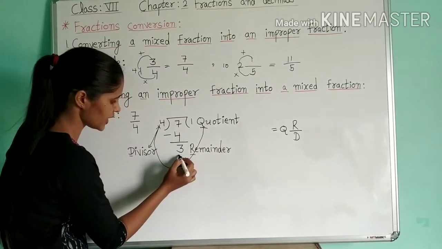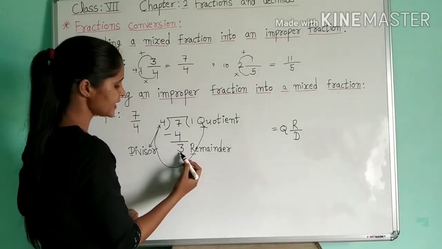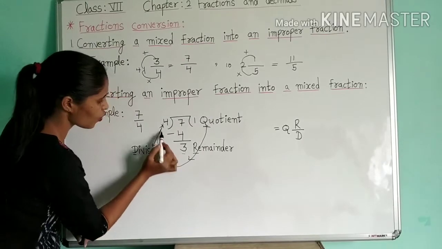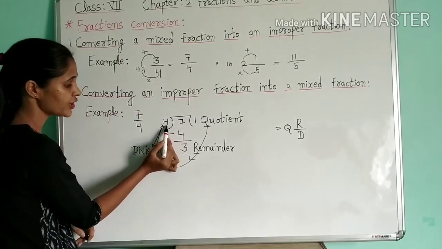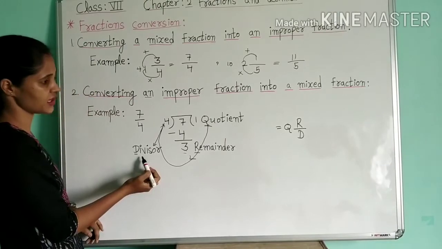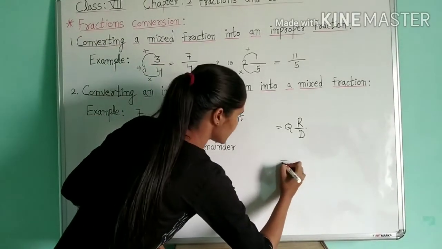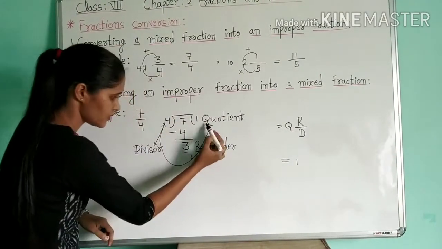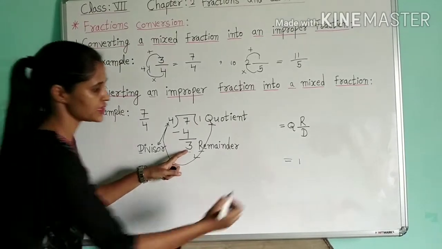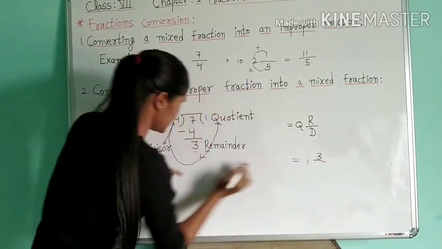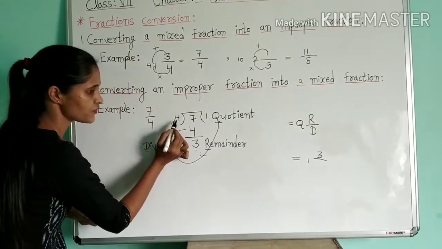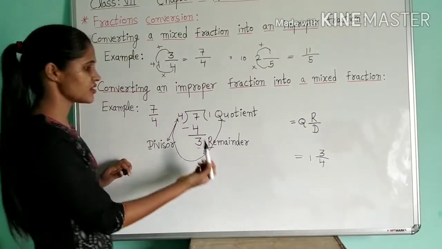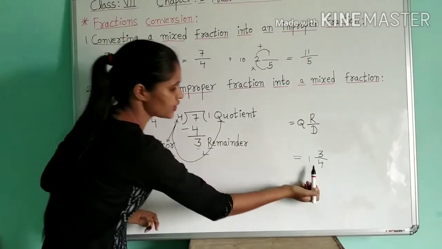Then what will come next? If we move like this, 3. So we write 3, which means the remainder, we write here. Then we will move in that way. So what did we get? We got 4. 4 is the divisor, which means D. Now I will repeat this. First, we write 1. Then we move in this way, so what will come? 3. So we write 3 upside. Then what will come next? That is 4. So we write 4. So this is our conversion of an improper fraction into a mixed fraction.